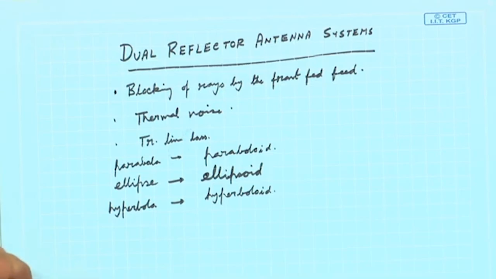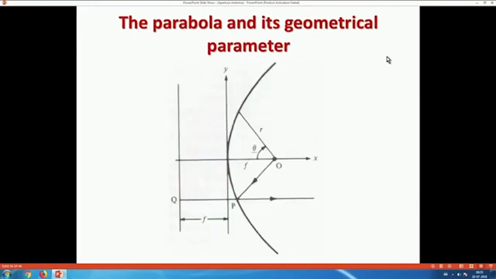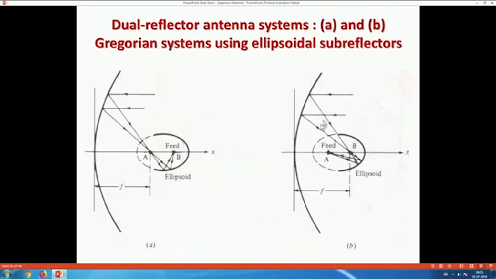Now, the importance of this is why we are coming here, because these structures have two focal points. So, the feed may be placed at one focal point, and the second focal point can be made to coincide with the focal point of the paraboloid reflector. Now, you see that what I said is